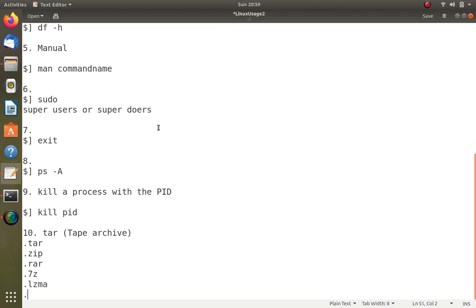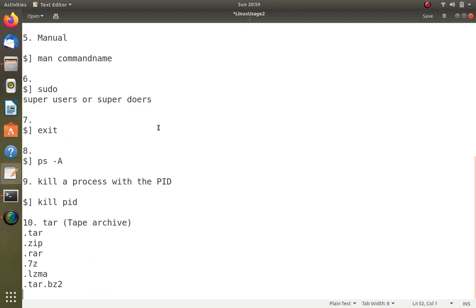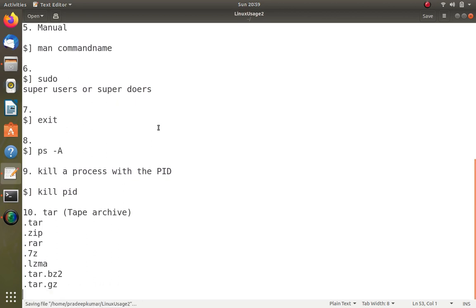Then .tar.bz2, .tar.gz. So we have so many options available for compression. Tar is for tape archive, zip for zipping, rar for roshal archive, 7z is lzma. There are so many archiving mechanisms available in Linux.